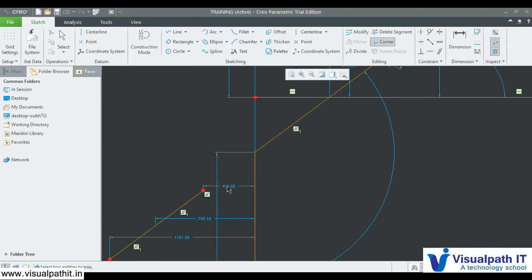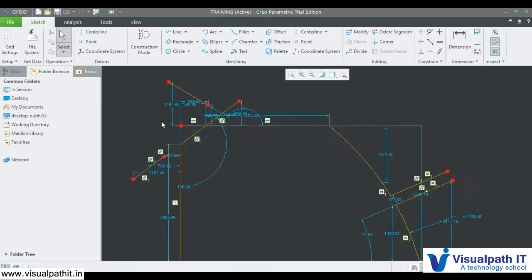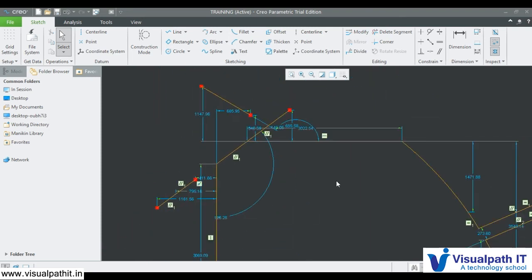This line is still here. It has trimmed this part. This line was still here. It trimmed this part. So that is when we create a corner. Let's say we don't know the exact dimensions and we got a closed shape and we want to trim the exact external part. This is what we use for corners.